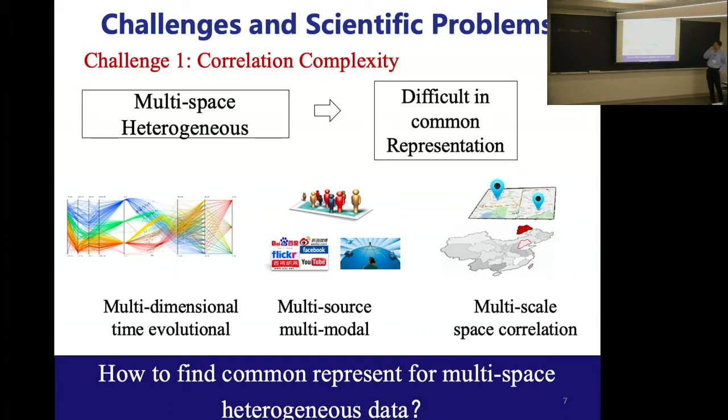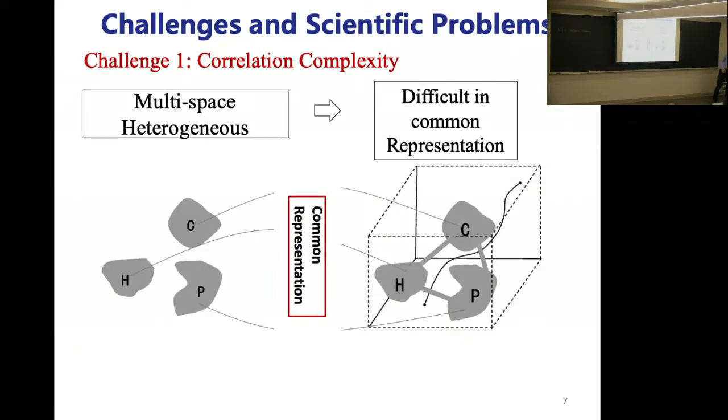The first problem is representation: how do we do cross-space or cross-domain representation for heterogeneous data? This morning there was also a talk about multi-channel data. Nature is multi-source and multi-modality data, and it changes across time. Also, you talked about correlation, and I think about scale in the space domain. So the challenge is how we find a representation.